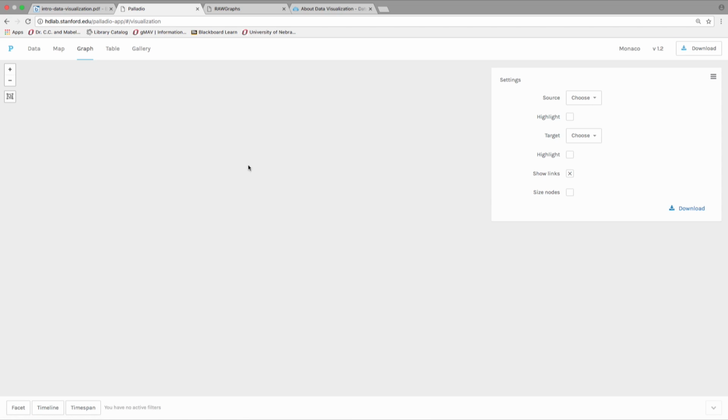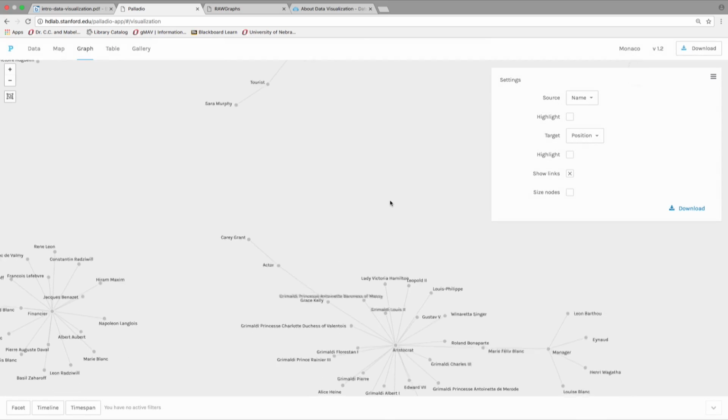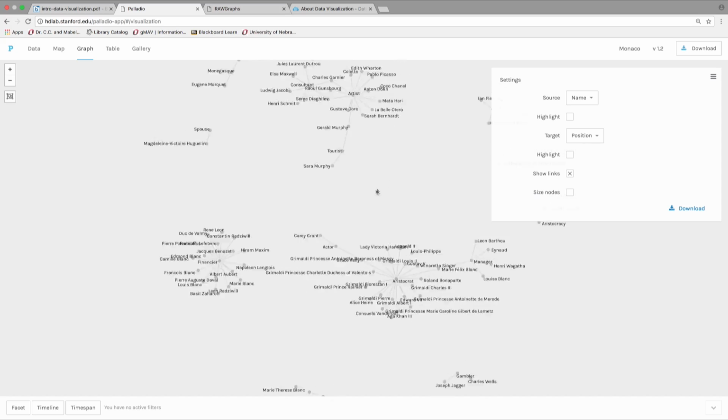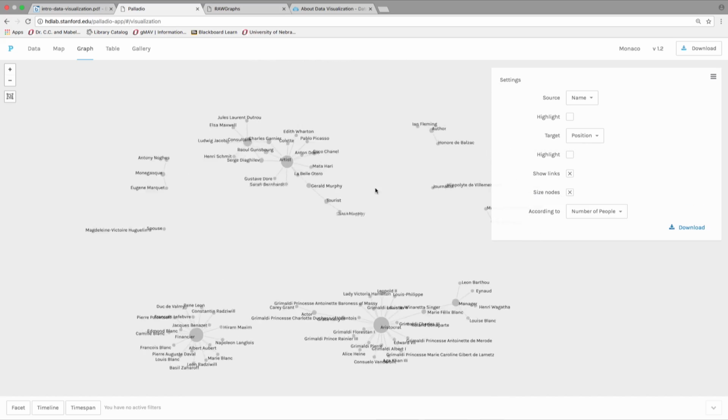Any other questions? Okay. I'll also show the graph view. So the graph view, as I mentioned, is the network. So in this case, let's say we wanted to look at people, name, and let's say we want to know their position, referring to aristocrat, artist, banker, merchant, and so on. You'll see Palladio do this crazy dance in the background. Oops. But what Palladio gives us is